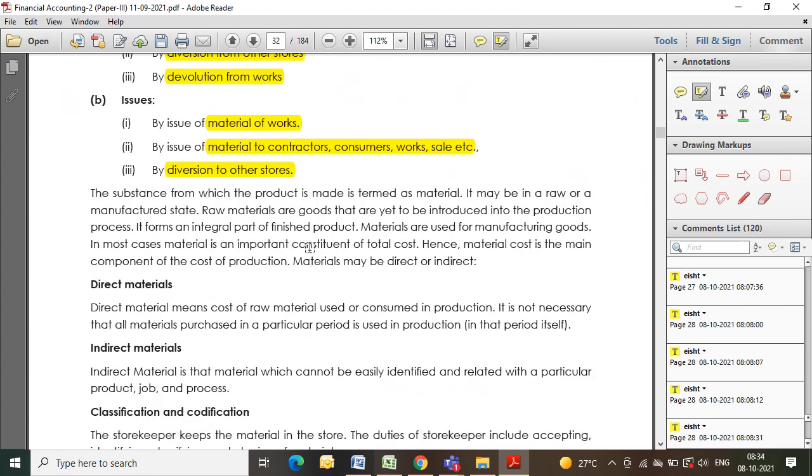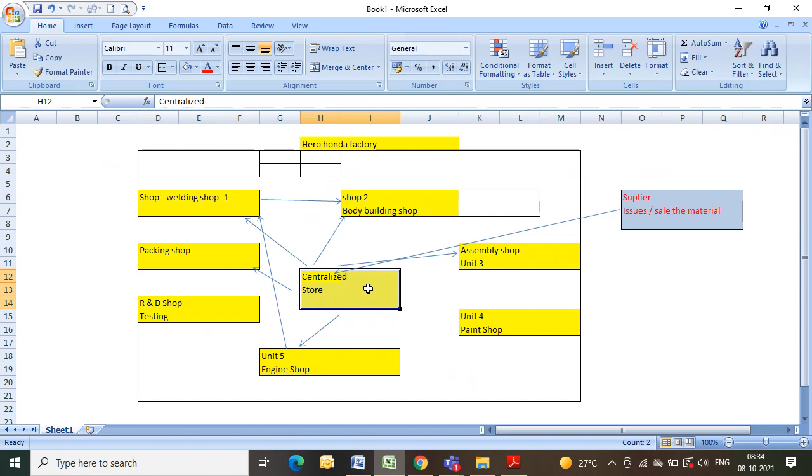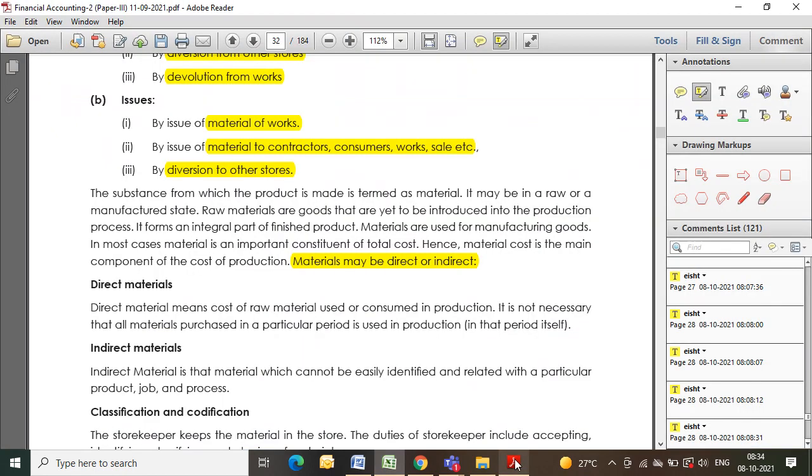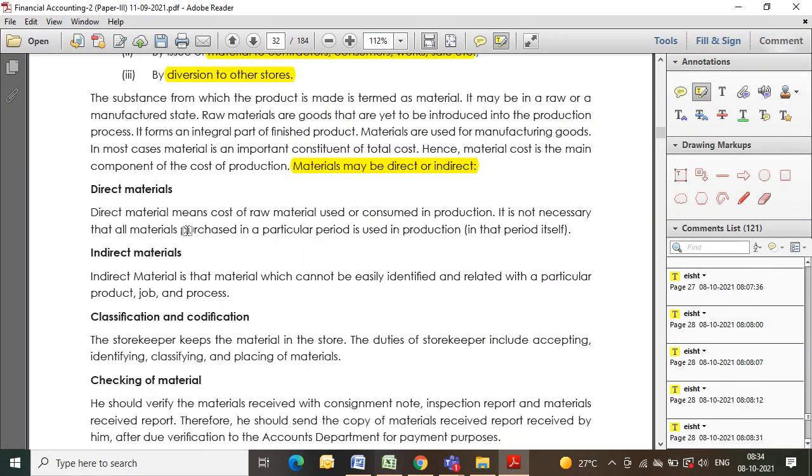Now, material can be direct or indirect. This is another question here. Whatever material this department receives can be in the nature of direct material or indirect material. So what is direct material here? Direct material is that which is directly linked with the production. Indirect is that which cannot be identified or related with a particular product. For example, Fevicol. How much Fevicol is used in one process will be difficult to identify. While direct